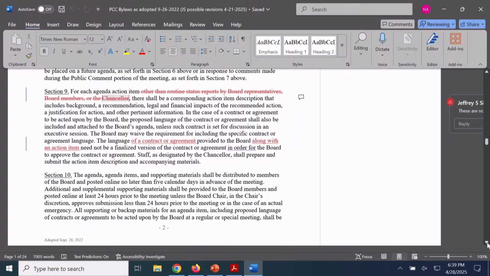The other thing I thought would be helpful to do is clarify a practice that the board has had for quite a while, which is that when there's a contract that is the subject, or an agreement that's the subject of a board item, that document actually goes to the board. But also wanted to clarify that there are times when that has not been able to happen, and so the board would delegate authority to the chancellor to execute an agreement along the parameters of what's in the board report,